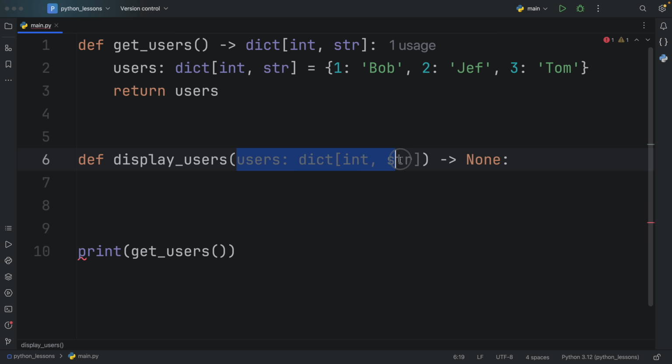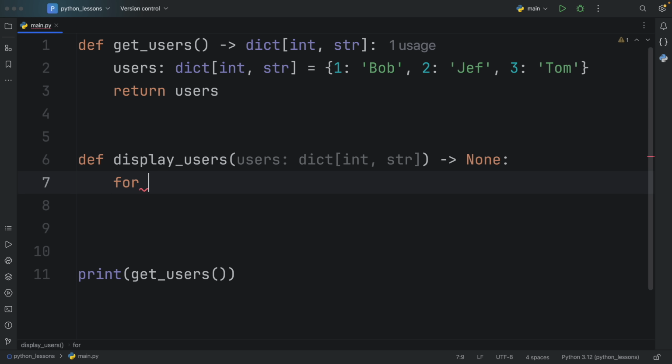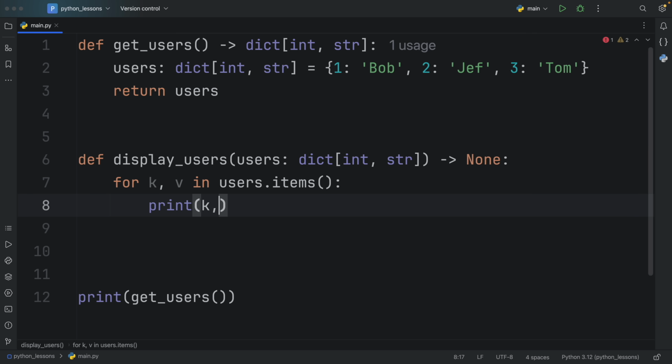It takes an argument called users of type dictionary of int to string. There's no confusion about what you should insert there. And by specifying that this returns none, we understand immediately that we should only run this function. We shouldn't bother with trying to assign this to anything. It was only meant to be executed. Then we can do something simple such as for key and value in users.items print kv with the separator set